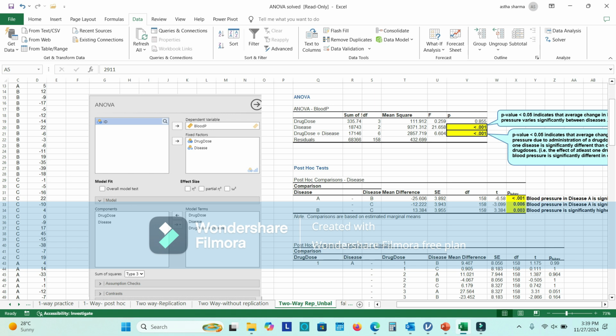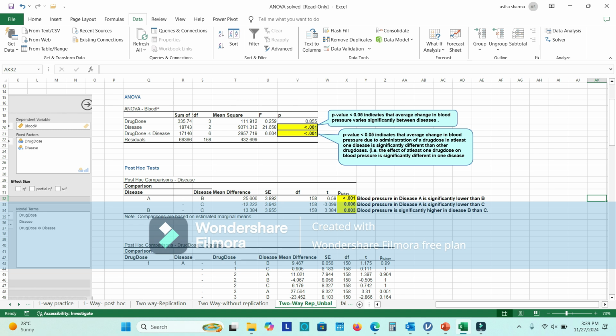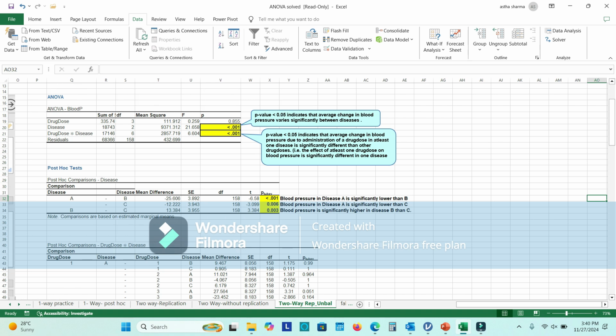And in Tukey, if you observe blood pressure, A versus B, A versus C, B versus C you got. Now if you observe, blood pressure in disease A is significantly lower than B, because of this mean difference, and blood pressure in disease A is significantly lower than C, and BP is significantly